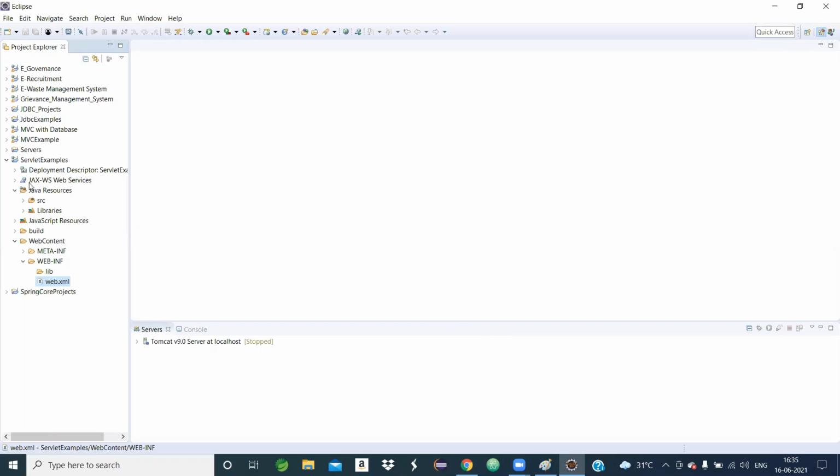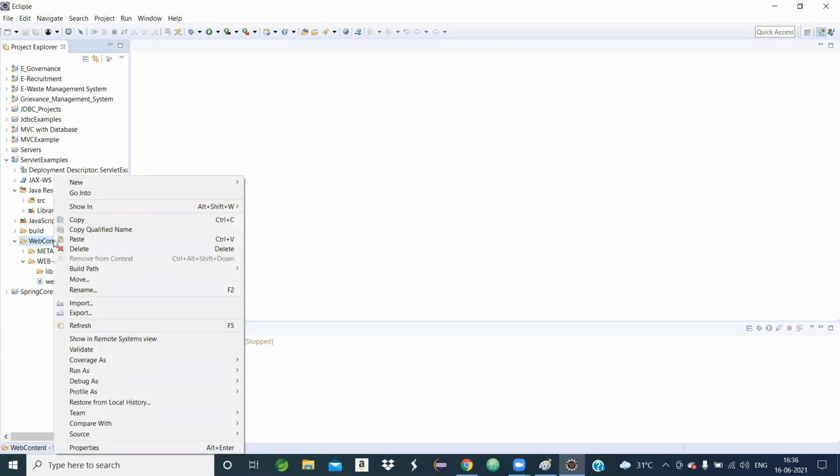Remember, inside the project structure there is a folder named WebContent. Just right click on the WebContent folder, then choose New, and automatically the HTML file option comes. Just click it.